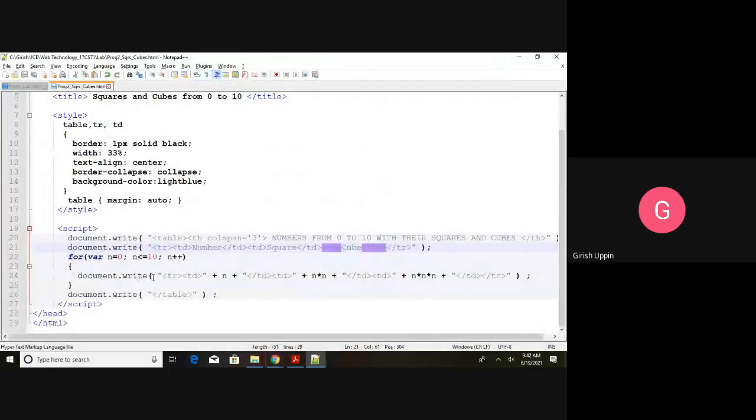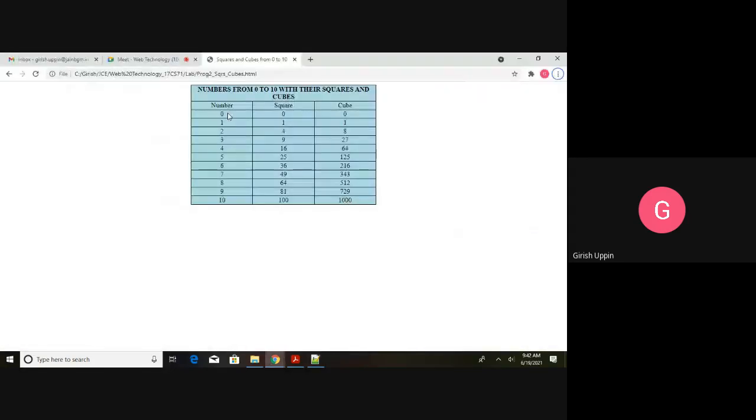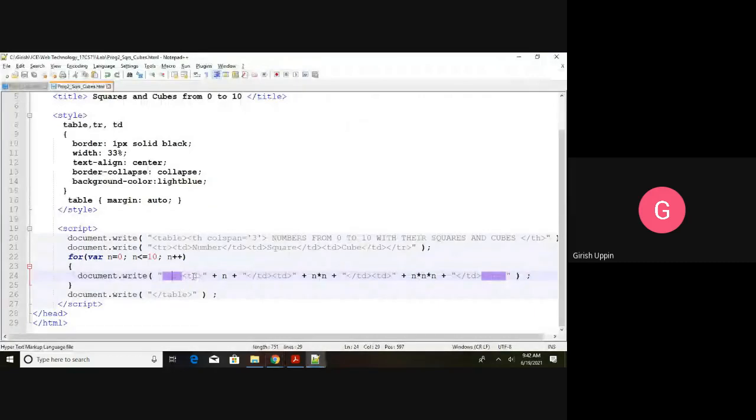Document.write, inside the parentheses I have tr. This is the beginning of the tr, this is the closing of the tr. So this is the row we are creating now. First td, I concatenate with the n value. What is the n value? 0. And next td, I concatenate.